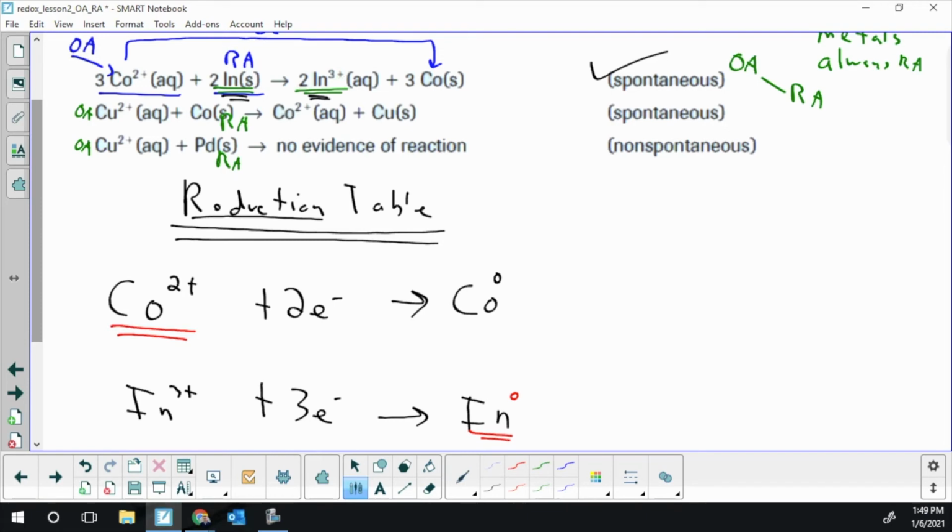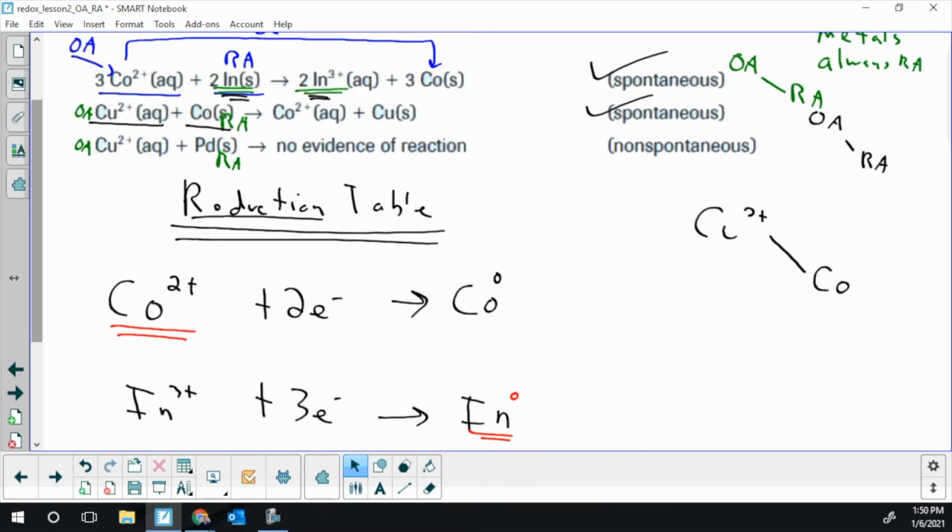So let's dive into the second. It's spontaneous, so the OA is above the RA again. And if a chemical repeats, we're not going to write it again. So I have copper is going to be above cobalt. So copper is above cobalt, okay, because it's spontaneous. Do I have any of those chemicals already? Yes, I've got